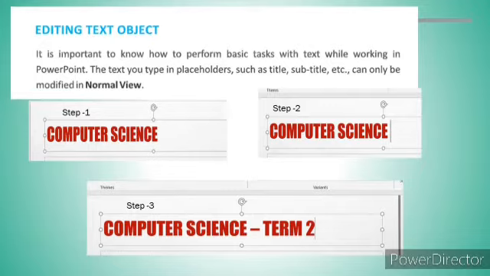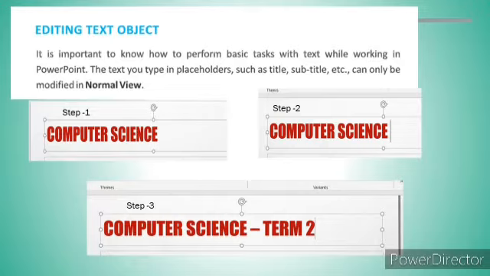Now let us see editing a text box. It is important to know how to perform basic tasks with the text while working in PowerPoint. The text you type in the placeholder such as title, subtitle can only be modified in normal view. Step 1.